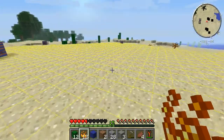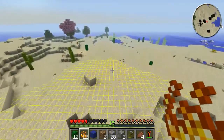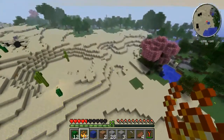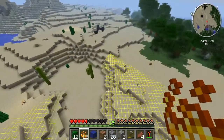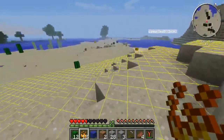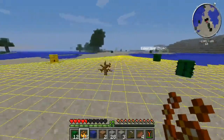How much power do I have left? About two-thirds? We're good. That looks like that's going to be all we're going to find for today, which is 12. Might be enough magma cream. I don't know yet. We're definitely going to have to fly back, though. It is getting dark. We definitely cannot stay